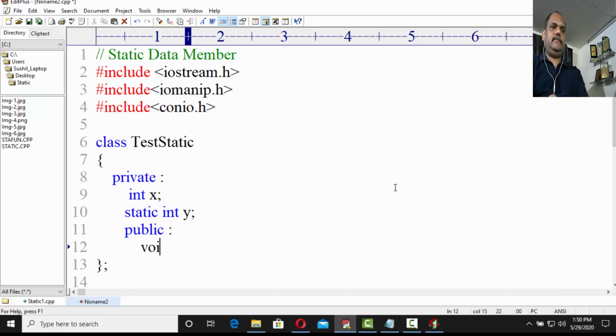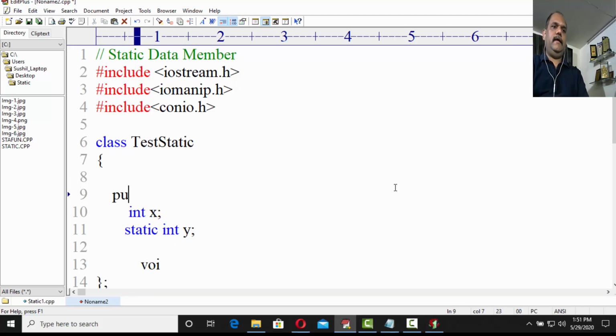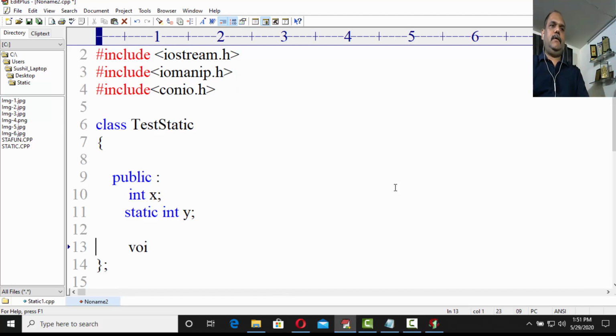And here, rather, we'll do one thing for the sake of understanding. We will declare these data members also as public, so that we can access them by object reference. I'm going to help you understand why I'm writing it, and I'll define a function called show data,